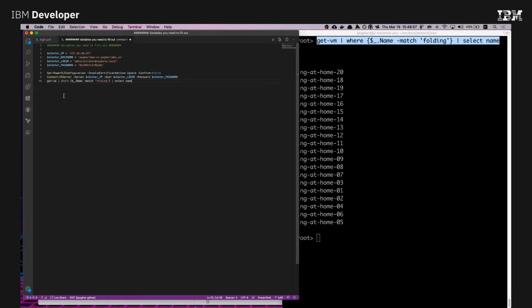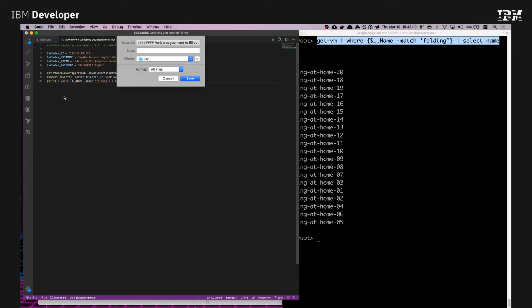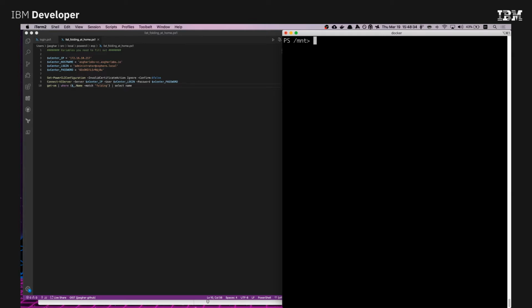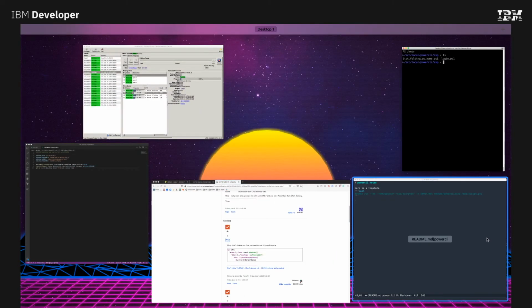So my theory being, list folding at home.ps1. My theory being I should be able to go to mount here. No. Was not expecting that. So let's try. Oh, I didn't actually mount it. So what we can do is go back to my